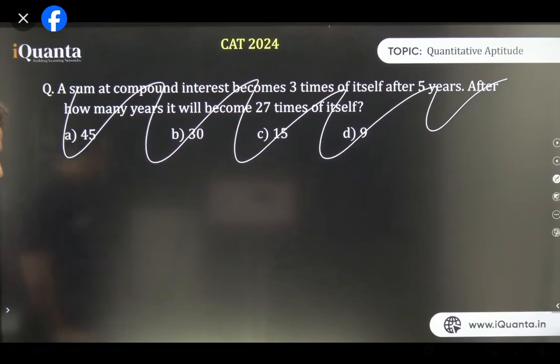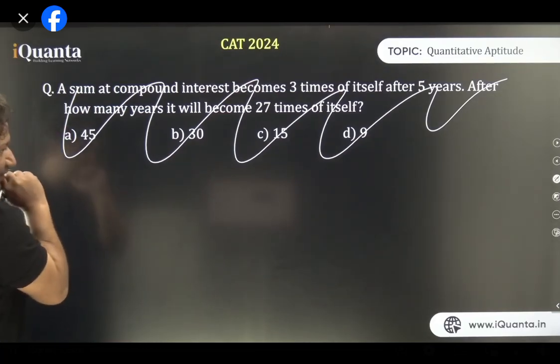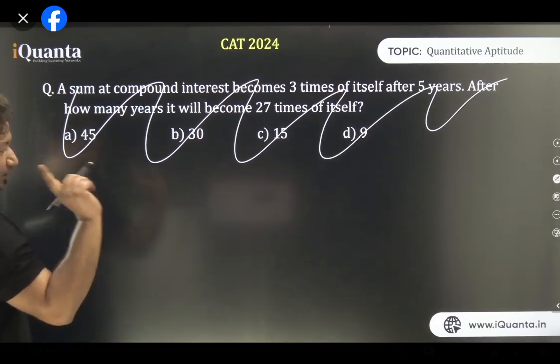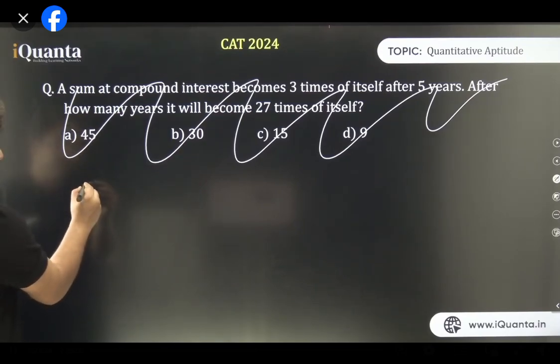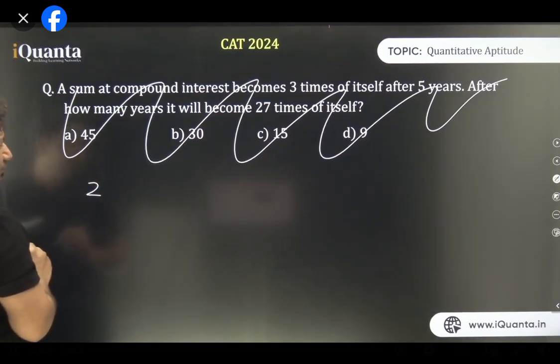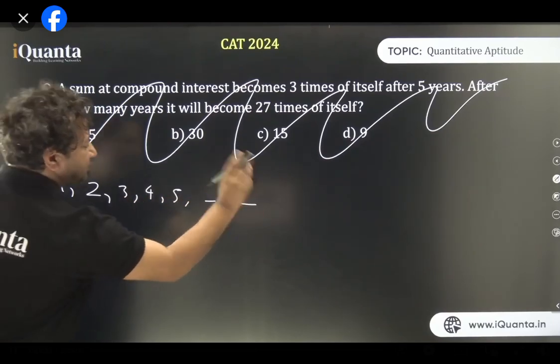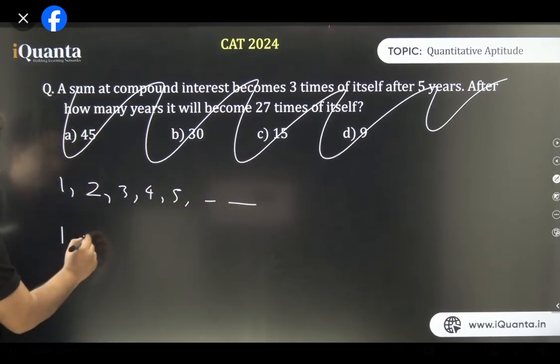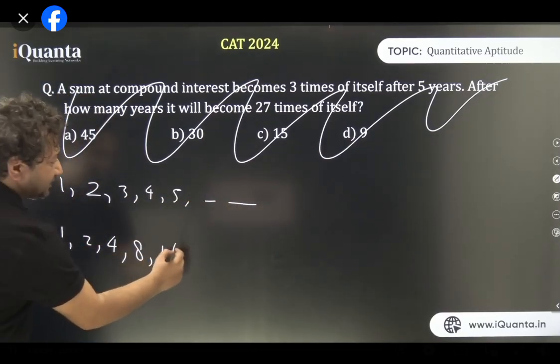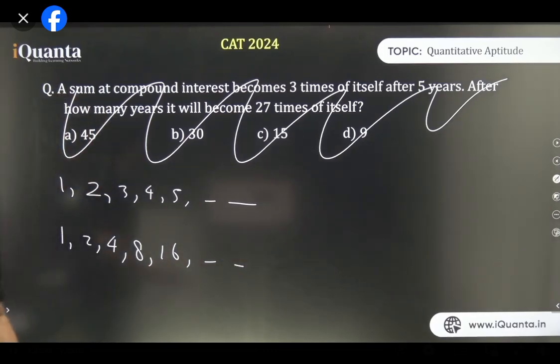See what is going to happen. Normally if I make a series, it's 1, it becomes 2 after some time, becomes 3, then becomes 4, then becomes 5, and keeps on increasing. Another series, it was 1, becomes 2, then becomes 4, then becomes 8, then becomes 16, and so on. So what is the difference between these two series, the first one and the second one?